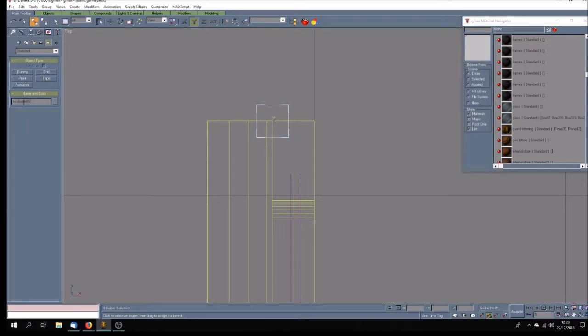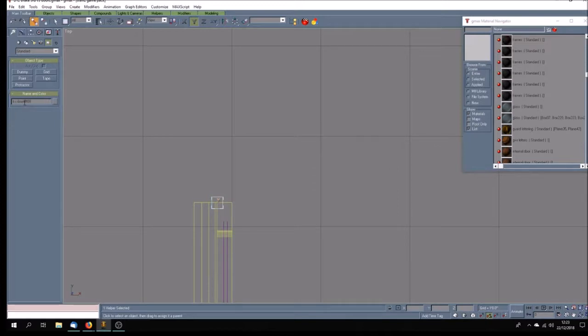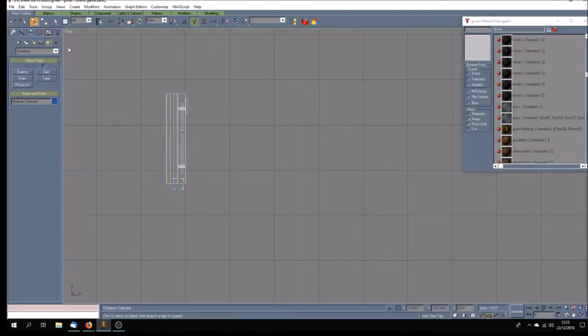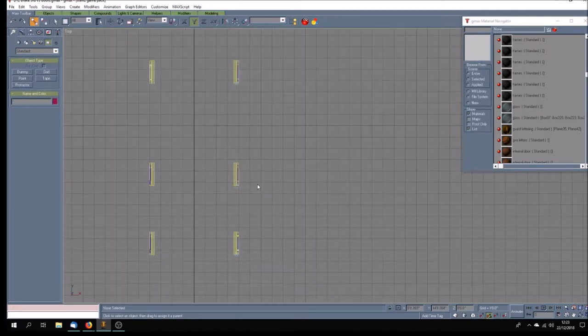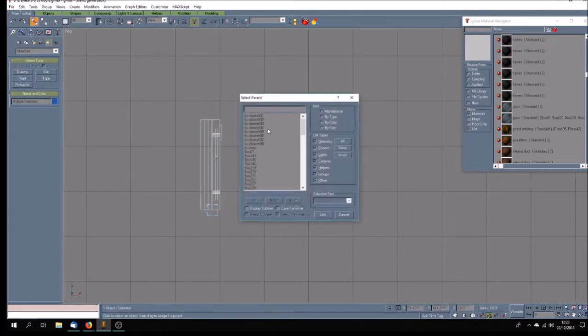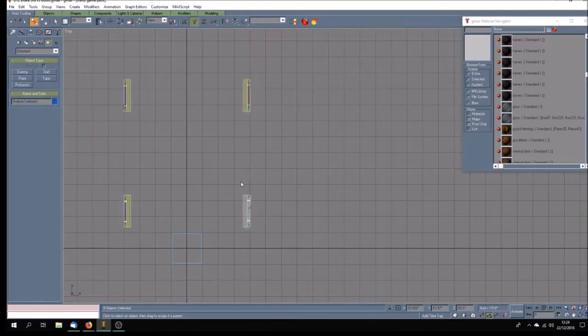Door left 07, that's correct, and door left 08. Okay, right, now we just pick this up, and that goes to door 2, and this goes to this one here, door 3. See, it just briefly highlights. Door 4,